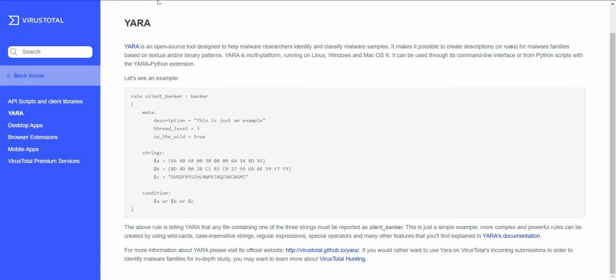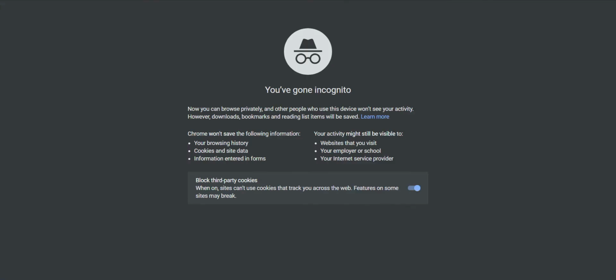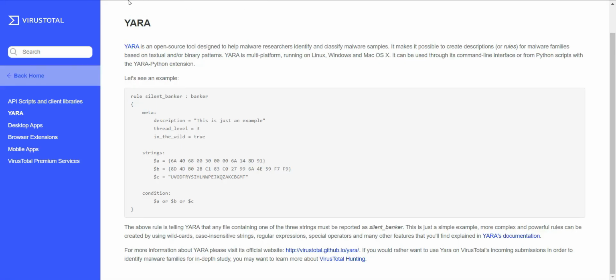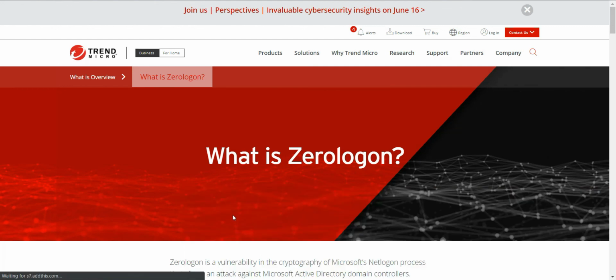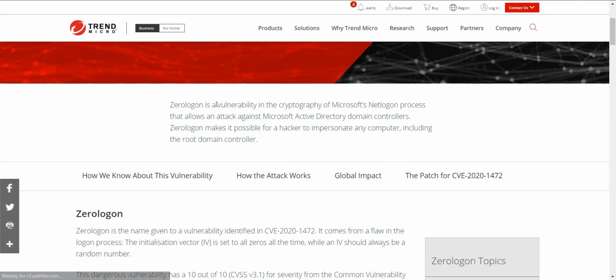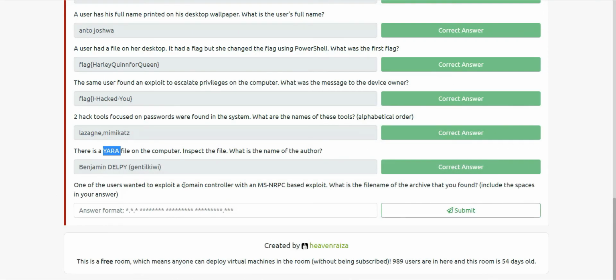So we will find what MS-NRPC is, and I found that MS-NRPC is related to a vulnerability in the cryptography of Microsoft's Netlogon process, which can allow us to attack Microsoft Active Directory domain controllers.